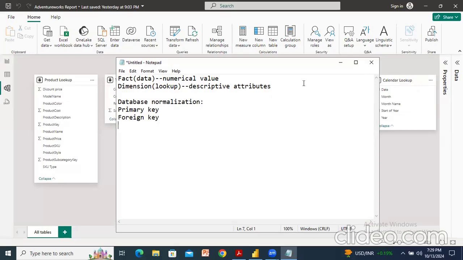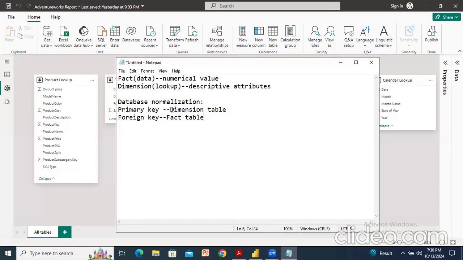So generally, the primary key will be given in the dimension tables. Okay. And foreign keys will mainly be applied in the fact tables. Okay. So basically we know the primary key. In SQL we have studied primary key and foreign key. While creating the table we have to give the primary key and foreign key relations. So the simple understanding is that the primary key uniquely identifies each row of the table, whereas the foreign key is the relation. So the relationship